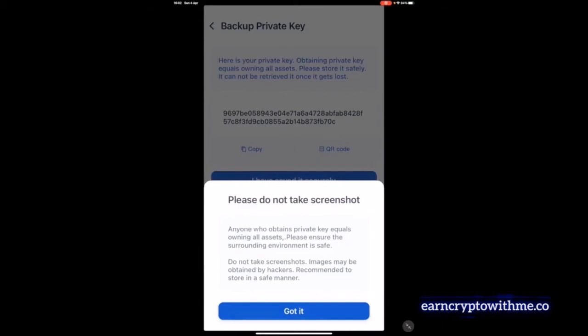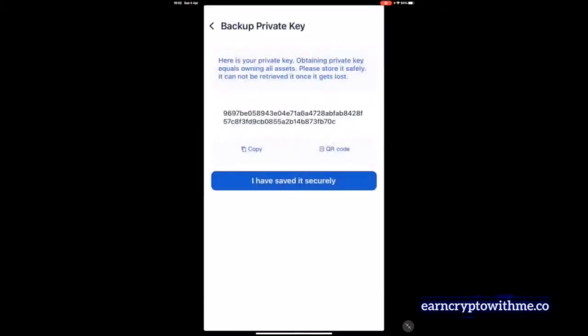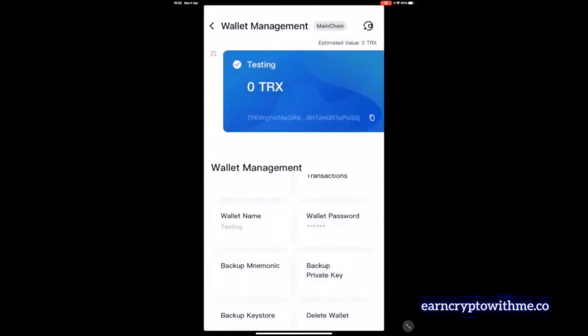If you forgot your password of Tronlink, if you lost your phone, if you accidentally deleted the wallet, without the private keys, you may never be able to access your wallet or your funds ever again. So please ensure to write this down and keep it securely. Now, once you've done this, you have now secured your wallet to one level. At the end of this, we're going to direct you to a video that will help you add an additional layer of security. But for now, the next step is to get funds into your Tronlink wallet